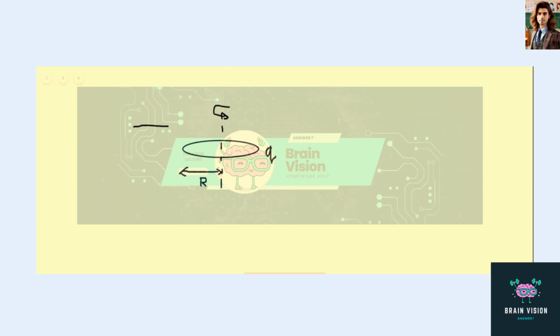And then there's a magnetic field parallel to the plane of the loop. So I'm going to make the B pointing to the right. That's the magnetic field. And then we are asked to find